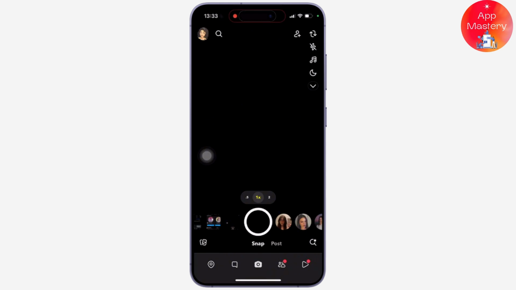Once logged in, you will be in the default camera view. Now, on supported devices, Snapchat will display a portrait mode icon on the right side or near the top of the camera screen. But on the iPhone, simply scroll down the Control Center from the top right corner, and there